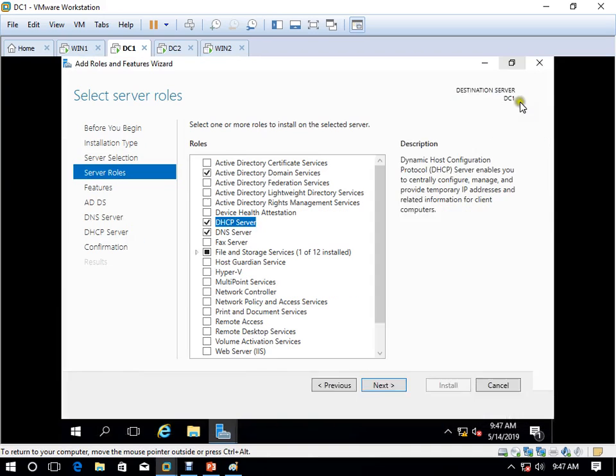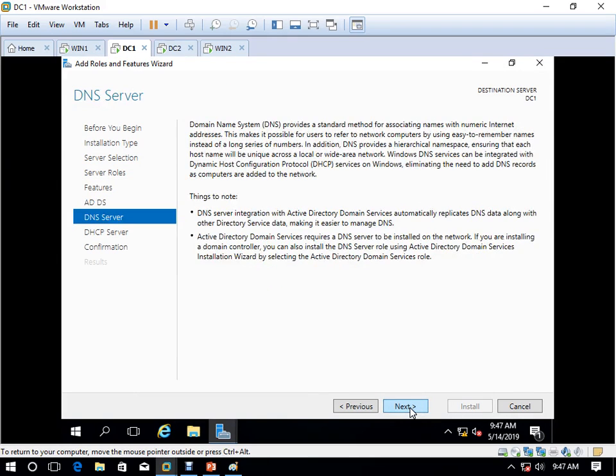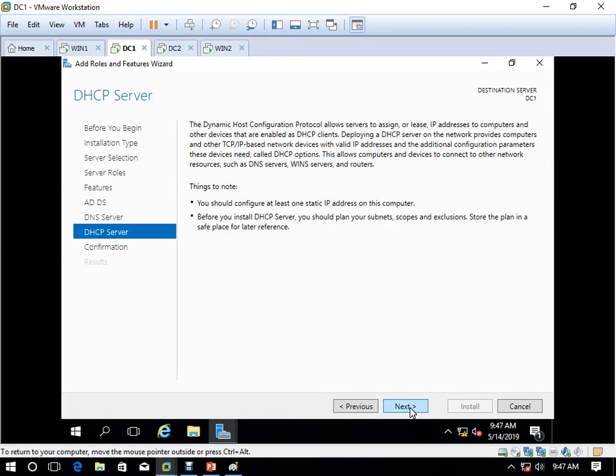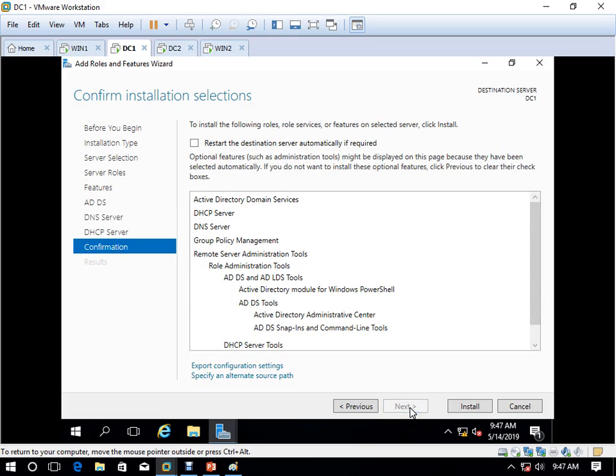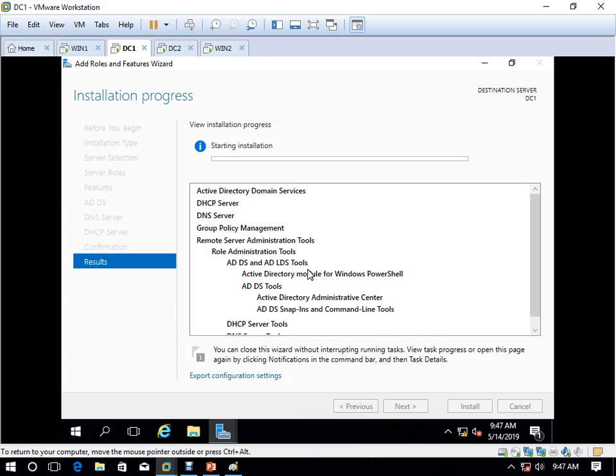Okay, then click on next, next, and install. So here we are installing Active Directory. If you don't have Active Directory, you can directly install DHCP, no problem. But for proper authentication and authorization, and providing security on the DHCP database, you need Active Directory, because we are working in a Windows environment. Okay, so for centralized authentication, you need Active Directory.